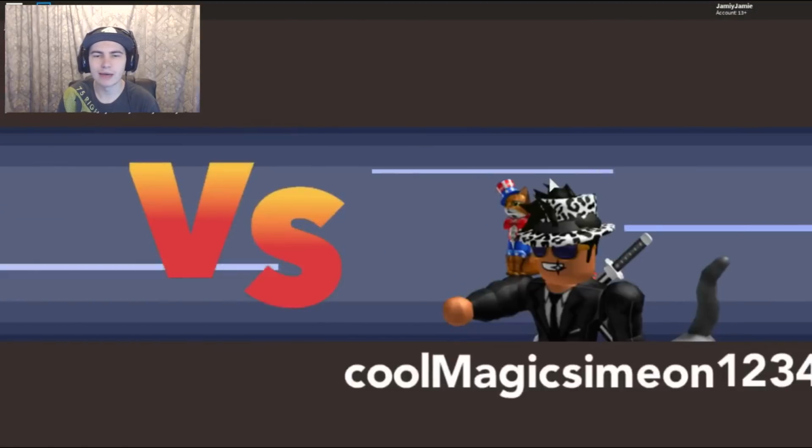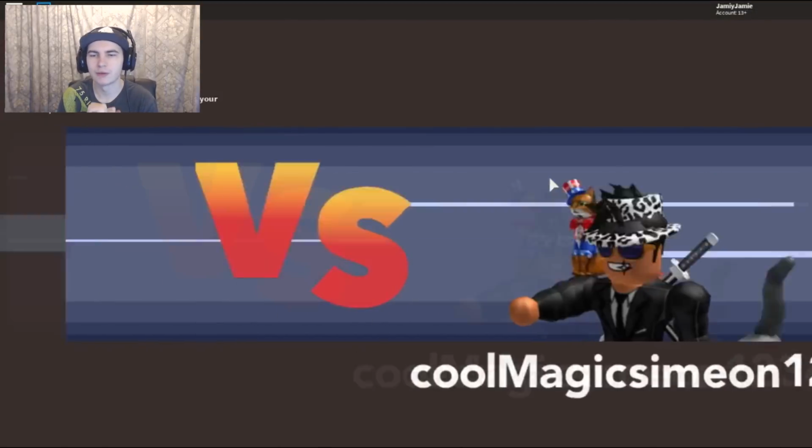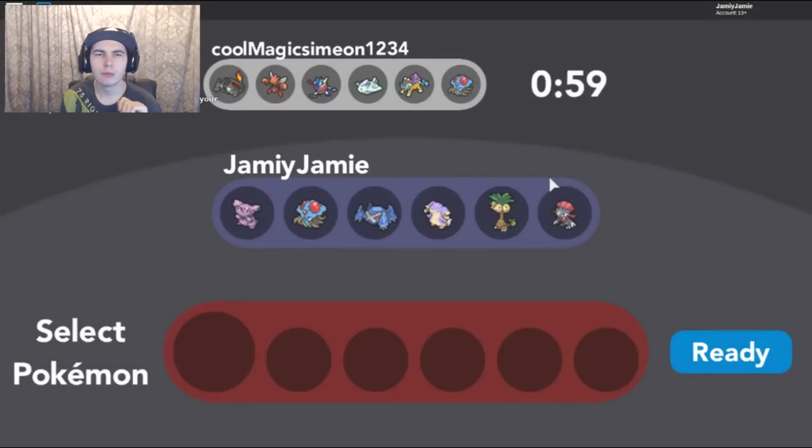Okay, then for the second battle we have Cool Magic Simeon, or Simon, using a Charizard, a shiny Charizard actually, Scizor, Greninja, Togekiss, Raikou, and a Tentacruel. I'm not sure if that's my Tentacruel or not, to be honest, but it might be. I'm not 100% sure, but let's start things off with the...